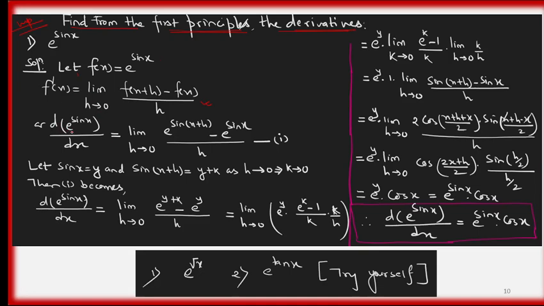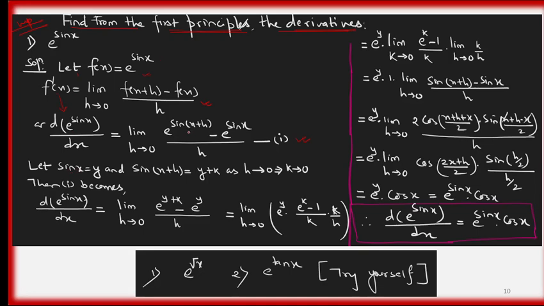That means the derivative of e to the power sin x by dx, f dash x, equals the limit as h tends to 0 of e to the power sin(x plus h) minus e to the power sin x, over h. Here, in the given function f of x, you replace x by x plus h. We have to suppose this is the first function.